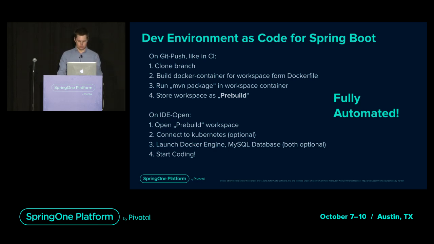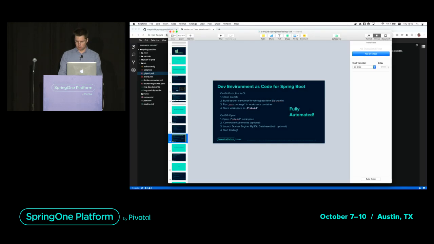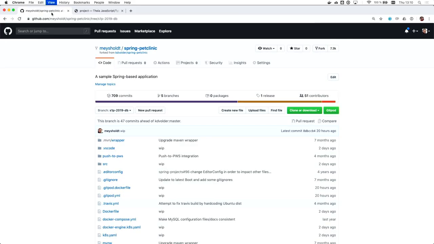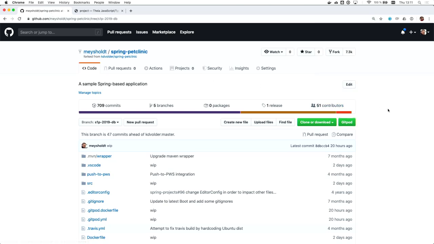And I want to show how this can look quickly. So here I am on GitHub in my Chrome browser. And in my Chrome browser, I have a Chrome extension installed, and this Chrome extension adds a new button here to my GitHub view. So I will have this button on every GitHub repo on GitHub. And if I click on this link,